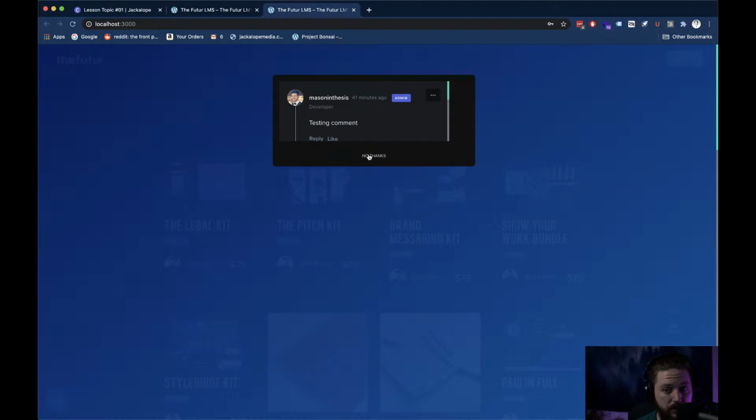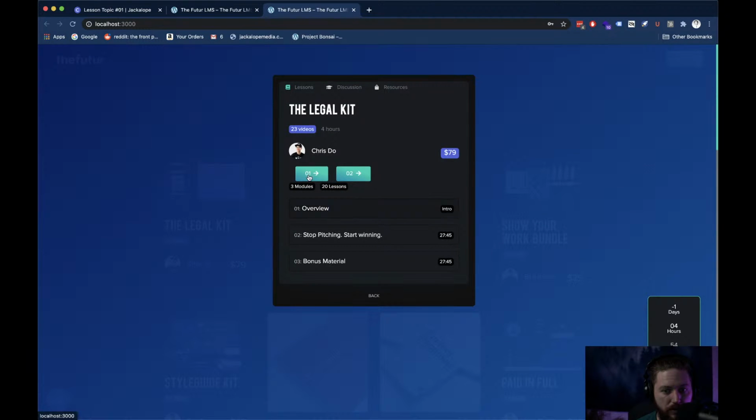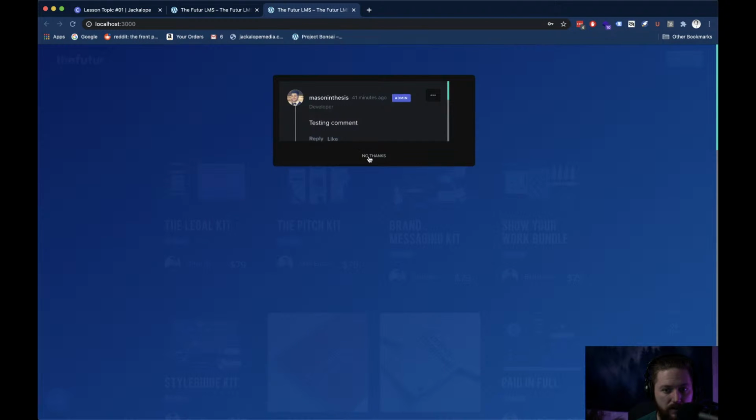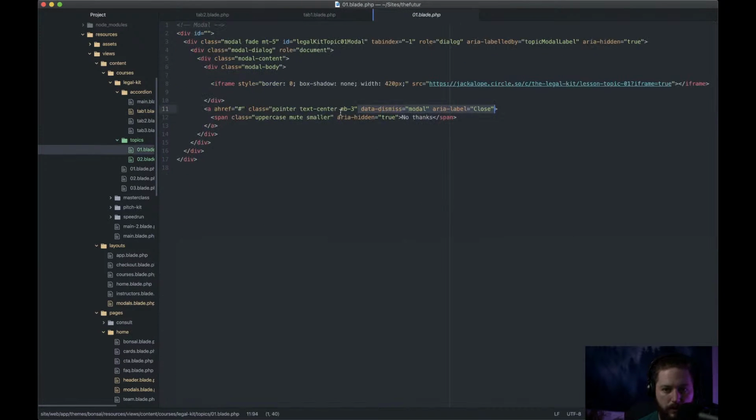Okay, that works. But then we'd want this one to go, when you closed out of this, we'd want this one. So instead of no thanks, let's put back. And then instead of just modal close, we'll also add,